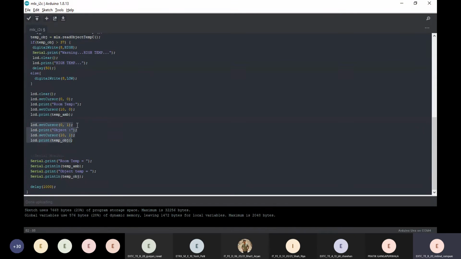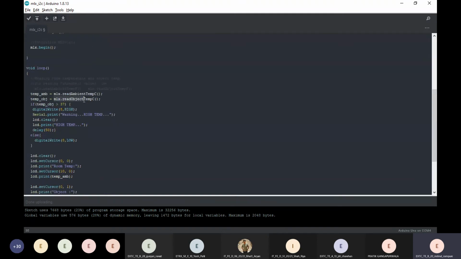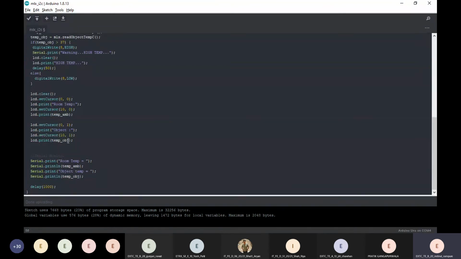Okay, so here's what I'm doing. Setting the cursor on the second line and printing the object, and on the same line on the 10th column, I'm printing the object temperature reading of the sensor, as I have stored in this value. So I'm passing the temp object, which holds the Celsius reading of the sensor, and I'm also printing it on the serial monitor right there.